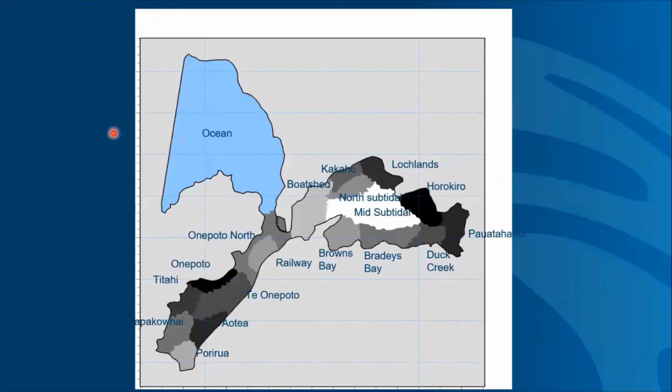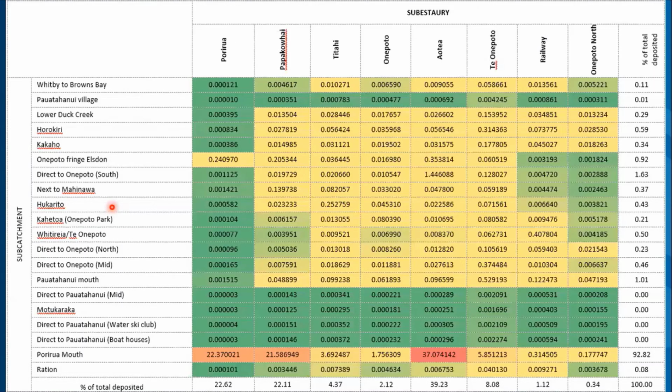And then based on that, we can subdivide the harbour itself into these sub-estuaries and start looking at the linkages between the catchments and the sub-estuaries. So what we did for this work was develop this rather ugly looking table, which defines the connection between the sub-catchments. On the left, it's all the different sub-catchments feeding into the system, and then the sub-estuaries